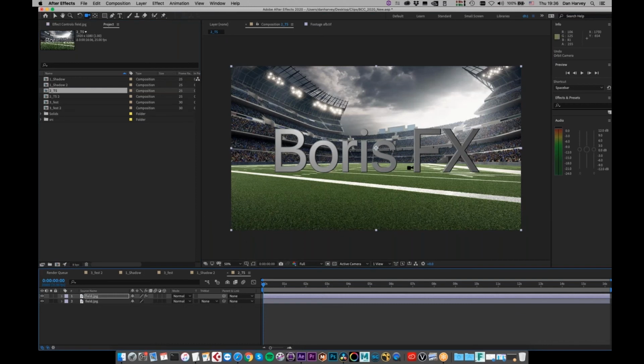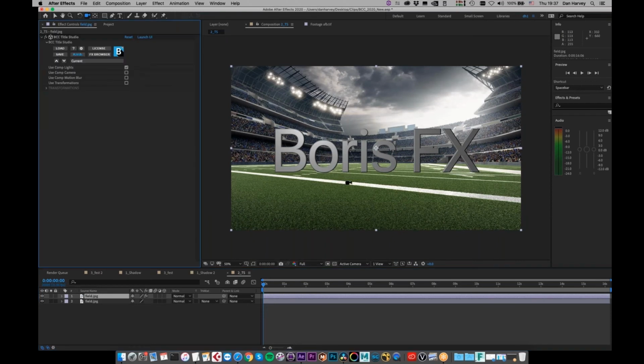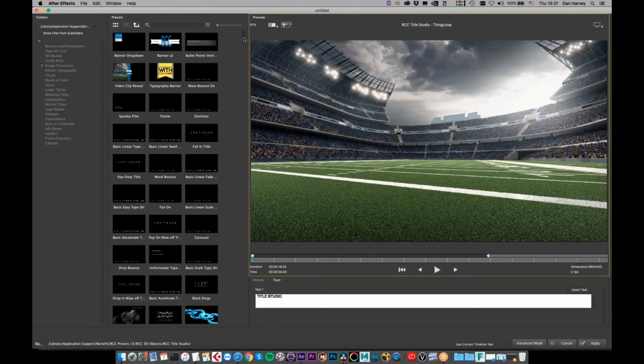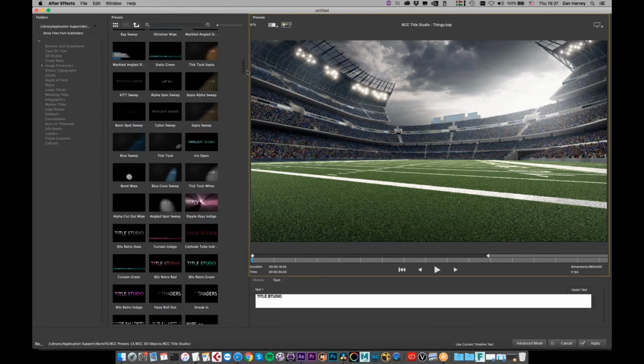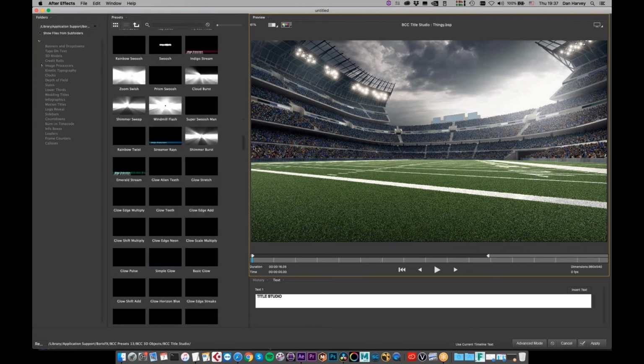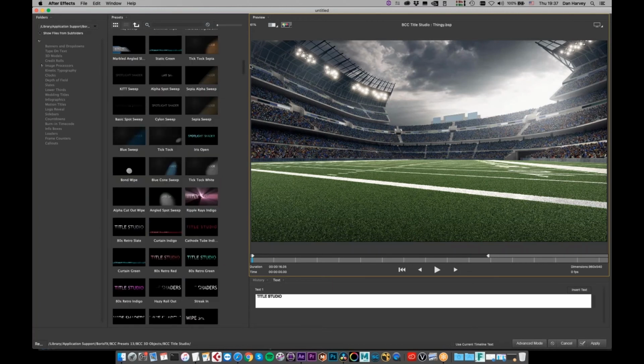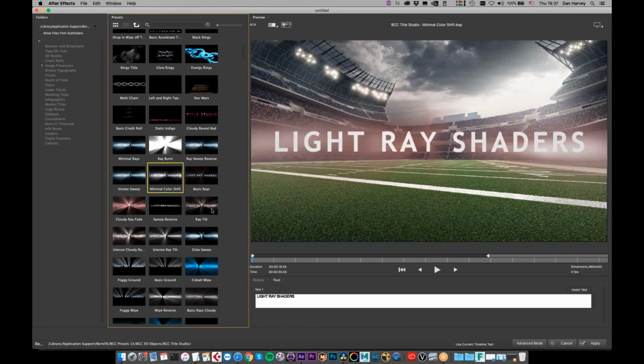we have Title Studio applied here to this layer. So if I open the effect controls for that, this is the default setting for Title Studio, typing Boris FX in a simple embossed text format, just as a placeholder. If I open the effects browser, we'll see that one of the things that's new in 2020 is a vast array of new presets. So just picking a few at random, using the new